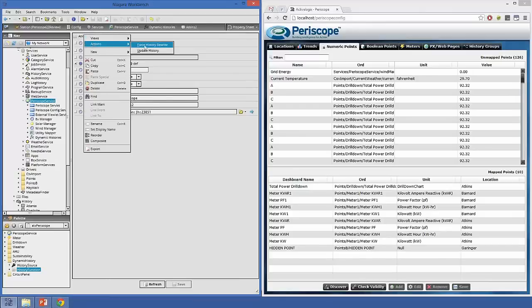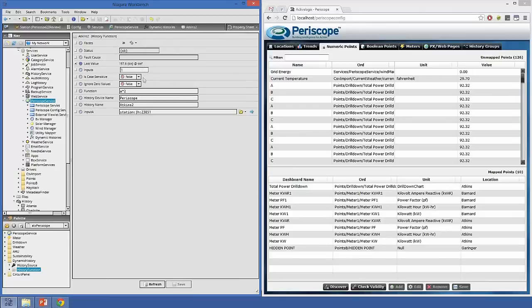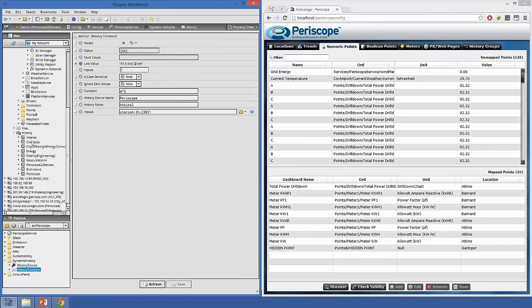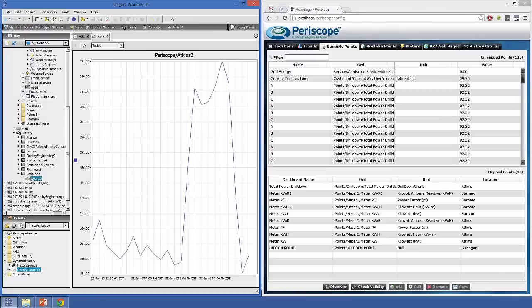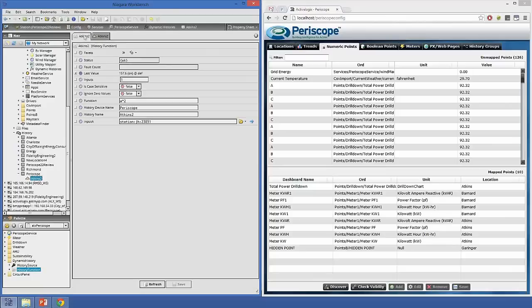So now if I do actions and a history rewrite, and I scroll down to my history container, we've got a new Atkins 2 history, which is 2 times the amount of the Atkins history. So we just saved a lot of work in a very short amount of time, and as the original Atkins history is written to, this history will automatically be updated. And basically this happens,